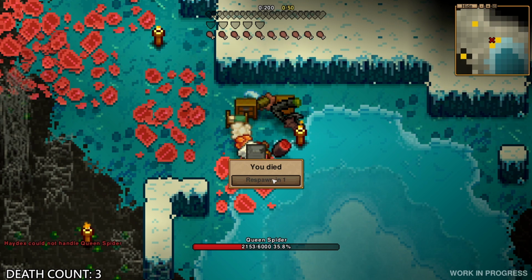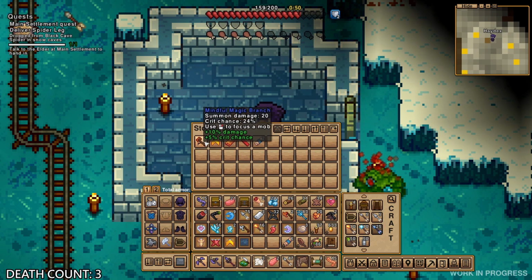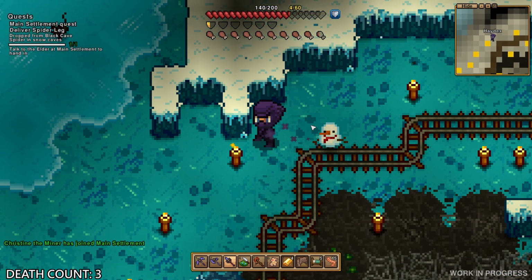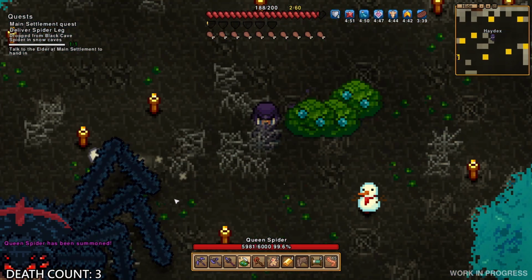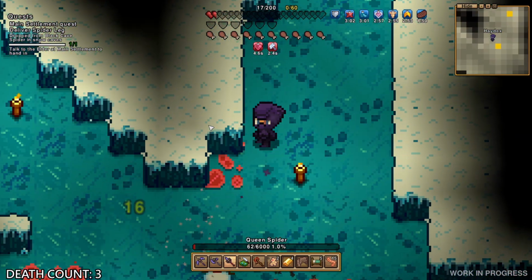So instead of trying again, I went back, explored, found a new summon, the magic branch, for some snowmen, hired a miner to the settlement with some gold, copper, and gold ore, and then decided it would be a good time to buff up and tackle the boss again. Sadly, I didn't win this time either, but it was a much closer fight, and I died with the spider